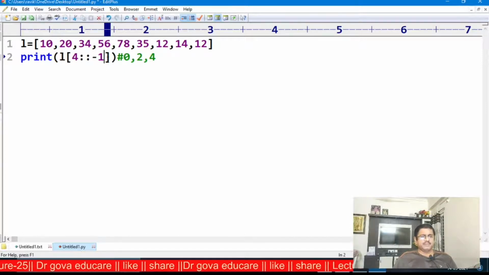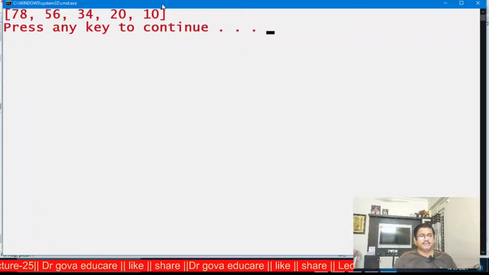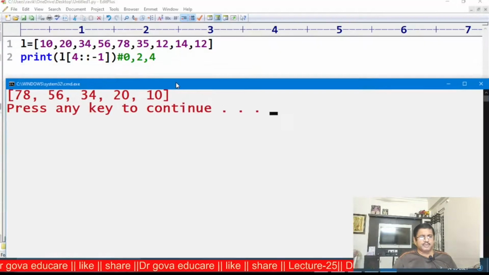Now the step is -1, that is 4 minus 1. That is 78, 56, 34, 20, 10 will be displayed on the screen. Fourth index: 0, 1, 2, 3, 4, 78. Step size is -1, so 56, 34, 20, 10 will be displayed on the screen.